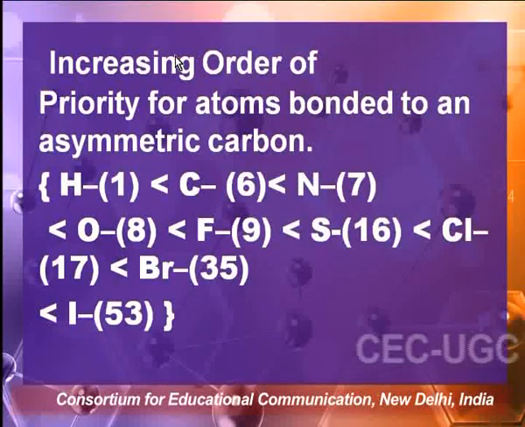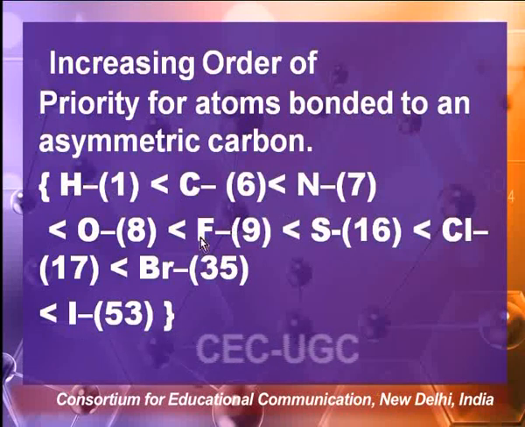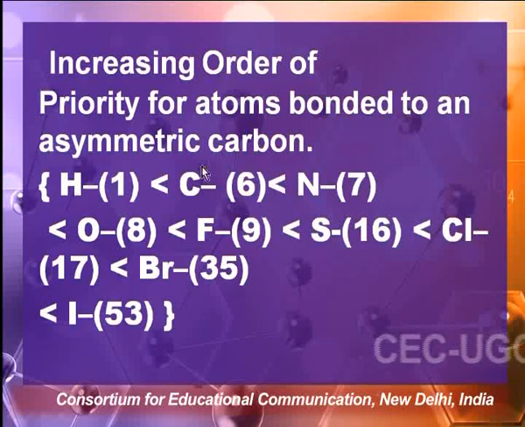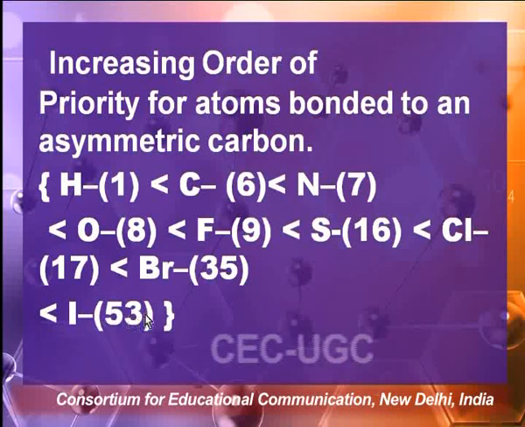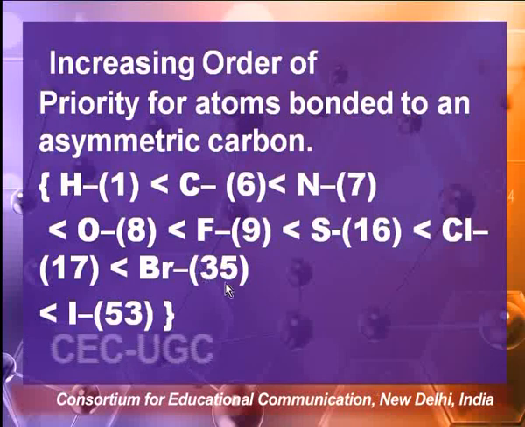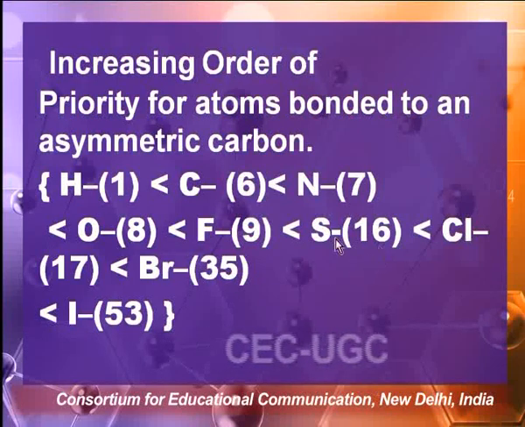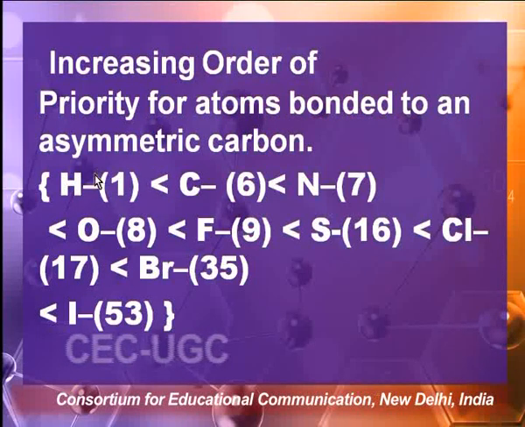And on your screens, I have just gathered it for you, that if these are the atoms which are directly attached to a chiral center, we can assign them priority. That is, iodine, as you've seen, had higher priority in the previous example because its atomic number is 53. It was followed by bromine, whose atomic number was 35, followed by chlorine, whose atomic number was 17, and hydrogen had the least priority because its atomic number was 1.